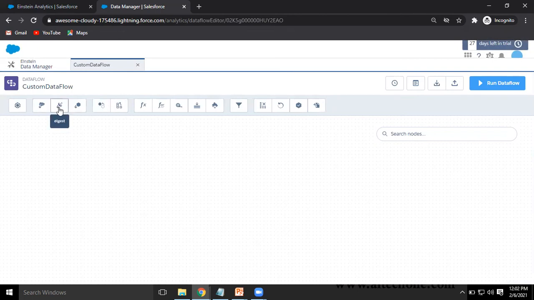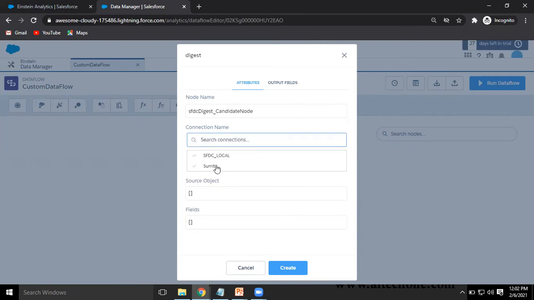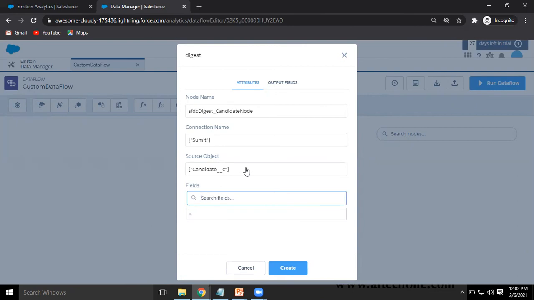And here I'm going to use this digest. So I click on digest. Node name, I'll just call digest_candidate node. Connection name, I'm going to use this one, not the local one. Source object, there is only one object right now, that's the candidate. And the fields,